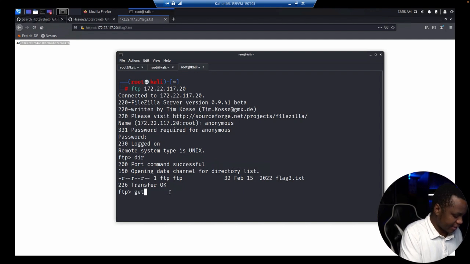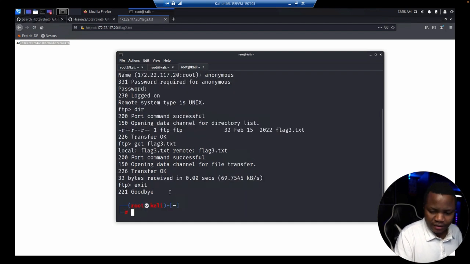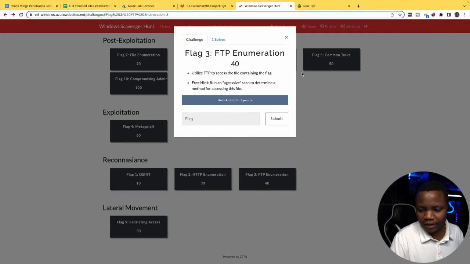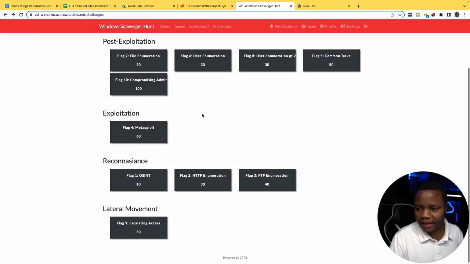So we can say get flag3.txt to download it to Kali. Then exit. Cat flag3.txt, and that's our flag 3. So we have found 1, 2, and 3 from just enumeration. Now we're going to go to flag 4,